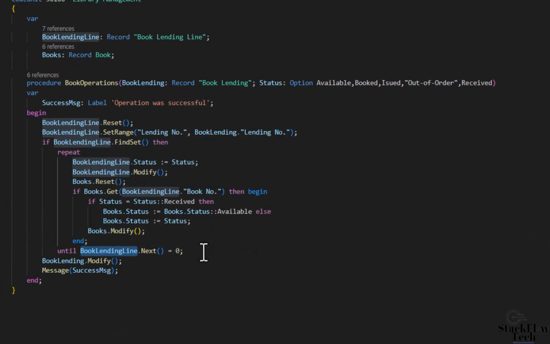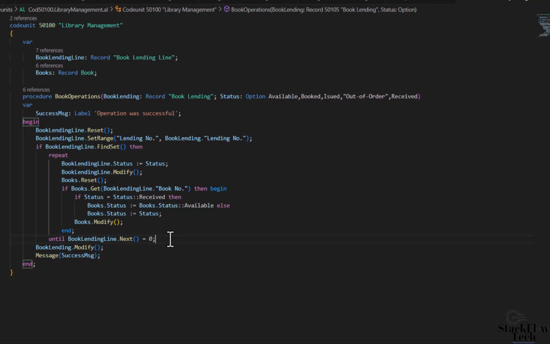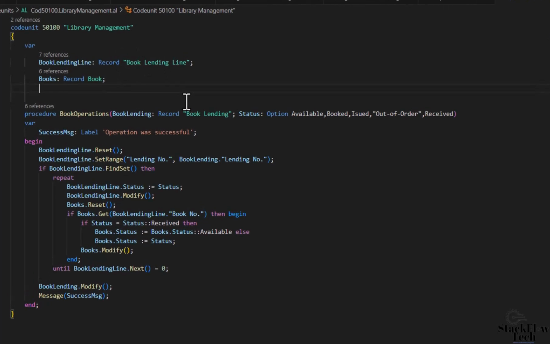Remember, the book lending line is a line that stores all the lending information of any book that has been lent. Now, down here, I want us to create code that will update the book transaction. Before that, I want us to create a global variable in this library management code unit,